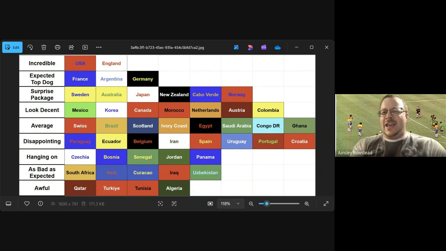And I don't get that from them. So they either need to be better up front or tighter at the back, basically. Preferably both, but they need to pick one to work on, because if you can't keep a clean sheet, you need to be scoring more goals.